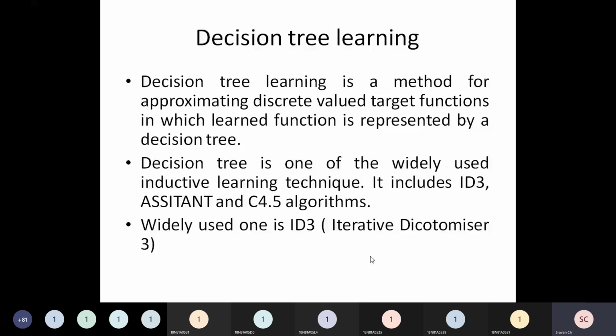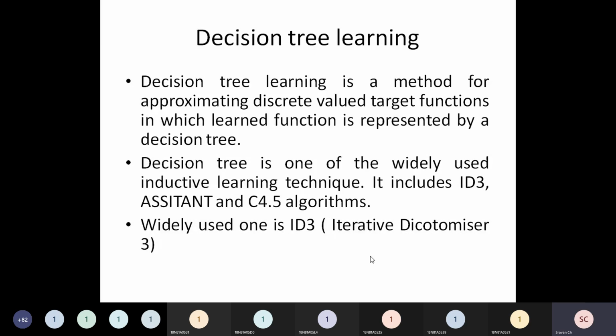I want to learn something from the examples, and I need to generate a hypothesis, and after that I should be able to predict, right? That is the purpose of decision tree. That is the purpose of concept learning, right? We have seen a couple of examples, like the height and weight example. We have seen the example of our friend going for a water sport, in the candidate elimination algorithm. Now similarly we have another technique called decision tree.